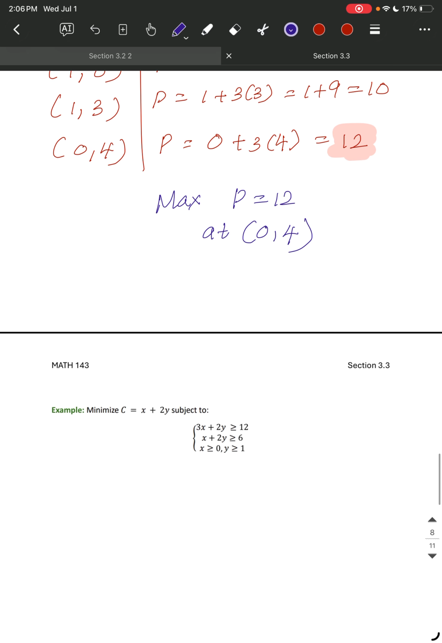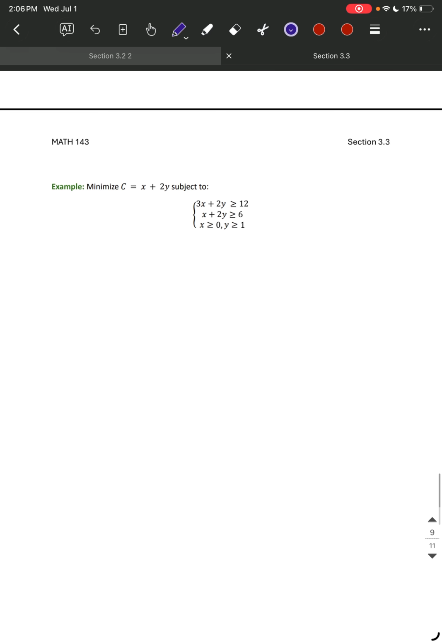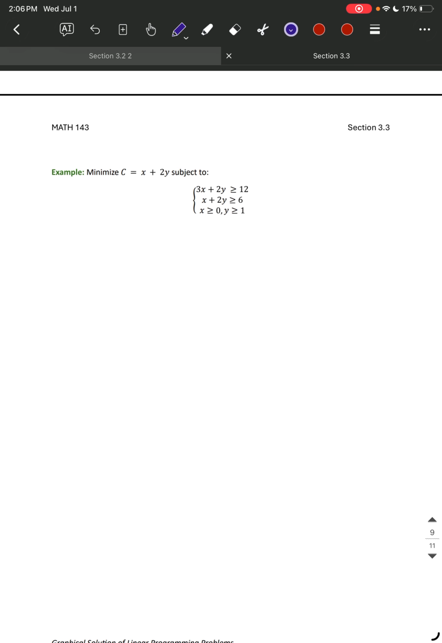Okay, so let's go through the minimization problem quickly. Again, minimize the function x plus 2y subject to the constraints: 3x plus 2y greater than or equal to 12, x plus 2y greater than or equal to 6, x greater than or equal to 0, and y greater than or equal to 1. So quickly go through the